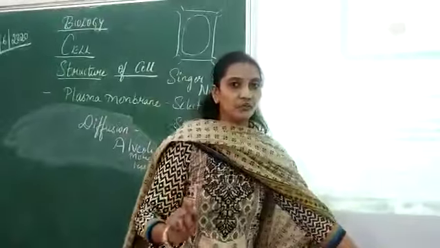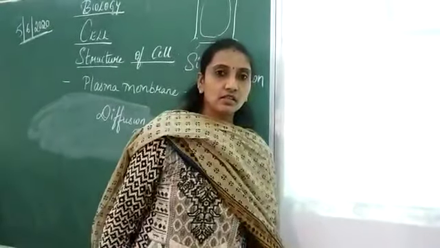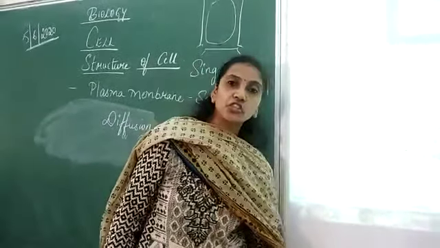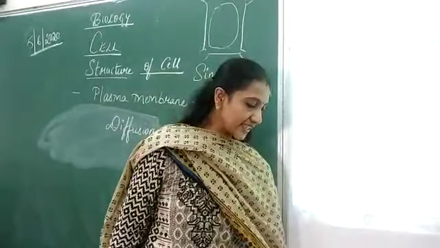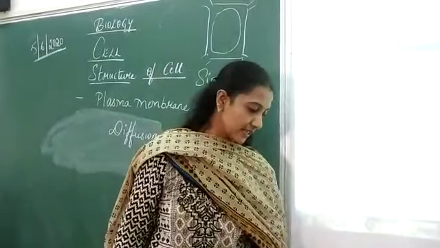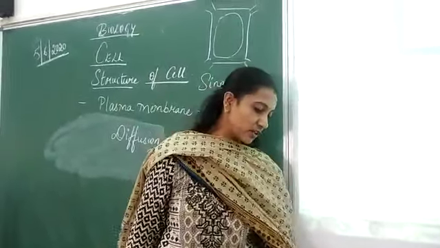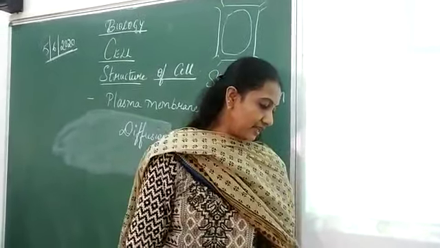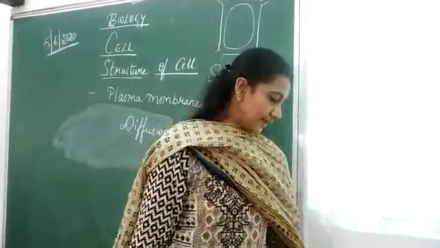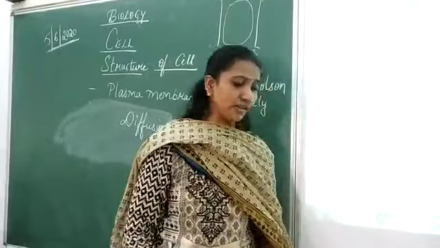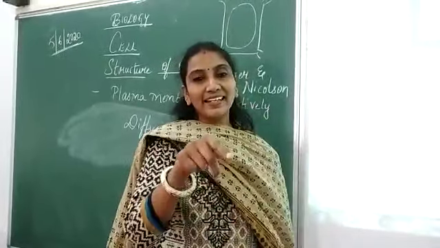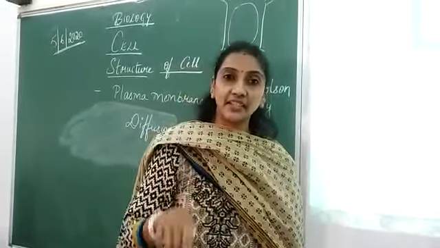So today's homework. Answer these two questions on page number 61, the blue colored questions. How do substances like carbon dioxide and water move in and out of the cell? You have to describe it. Then, why is the plasma membrane called a selectively permeable membrane? Write these two answers in your class work. Okay.